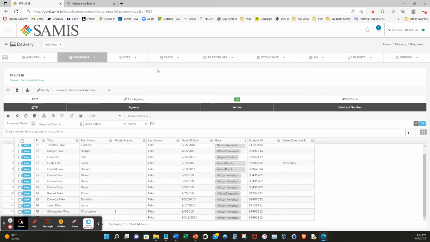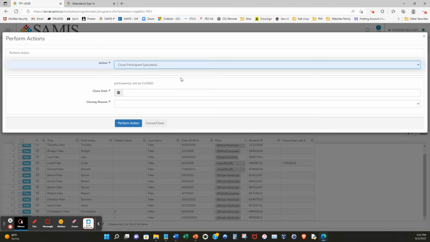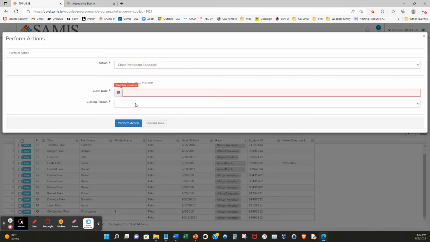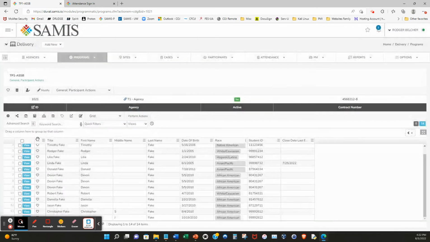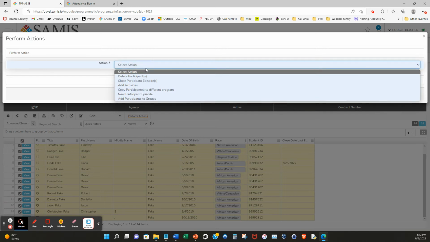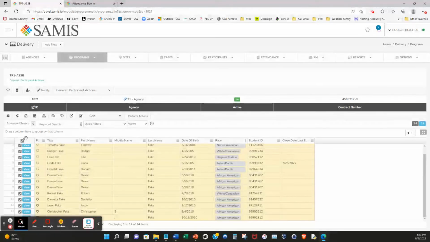By the way, you can also do a batch program change, close participant episodes, choose a close date at the end of your program, the closing reason, and then perform that action. To do that, I should have indicated I wanted to do it for all of those. And then I could come up and do that at the end of the school year, and I could close all participants for a specific date. I'm not going to do that now with my test data, but I just wanted to let you know there's two ways to close participants: individually